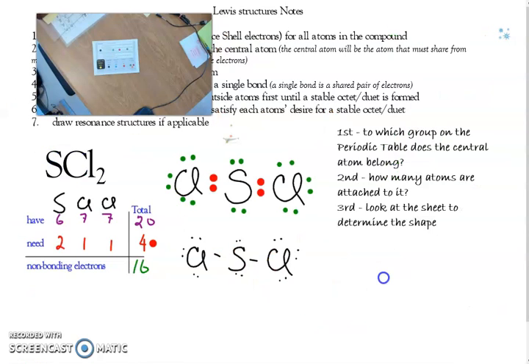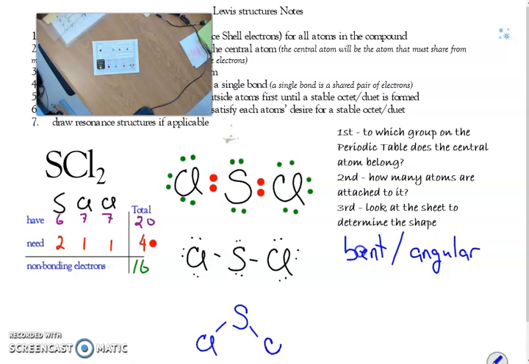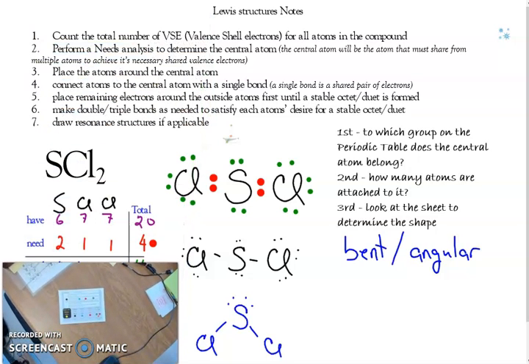Okay? So now we know this is a bent or angular shape. And so a better drawing of this would be the sulfur here, the chlorine down here, the other chlorine down here, and then the 2 unshared pairs of electrons right there. When I build it, see if I can put this over top of maybe a piece of paper that's blank or something, okay? So if we look at this,